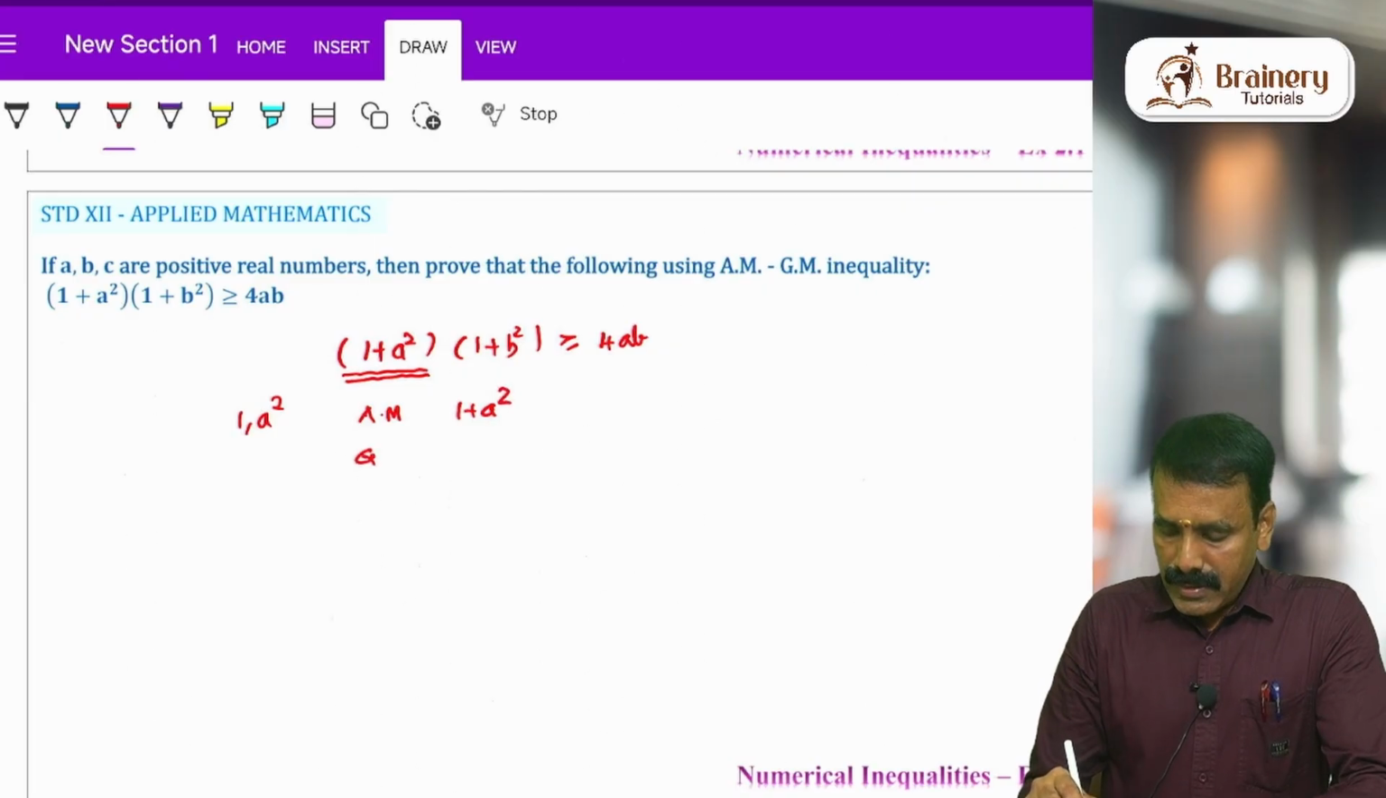Geometrical mean is root of 1 into A square, that is equal to